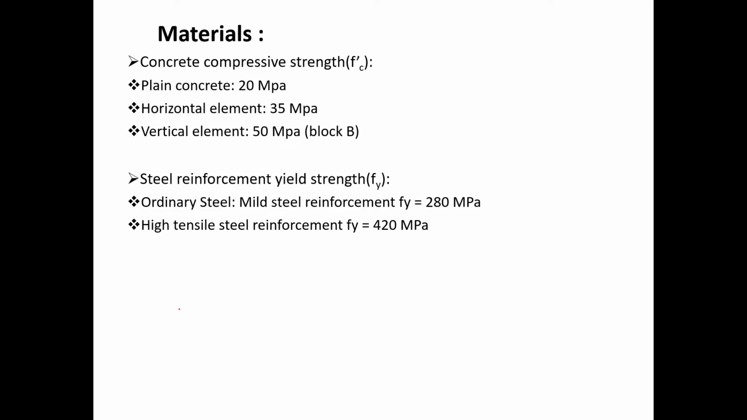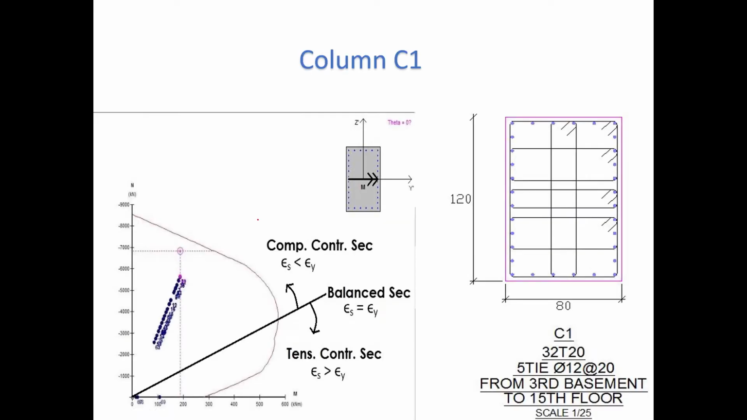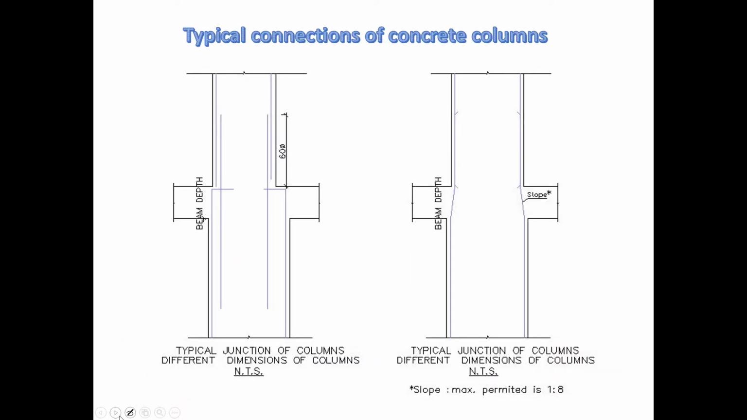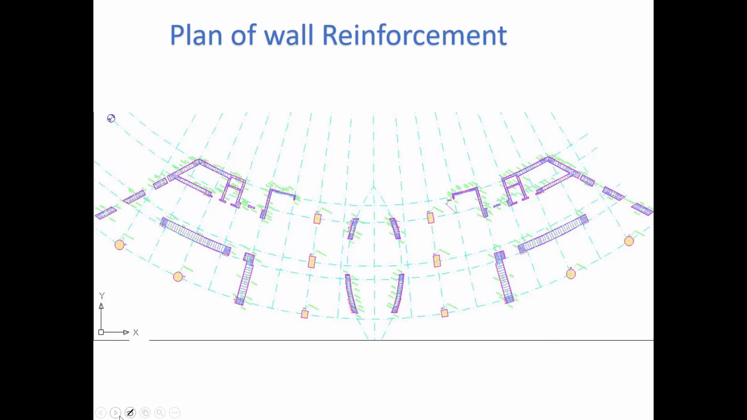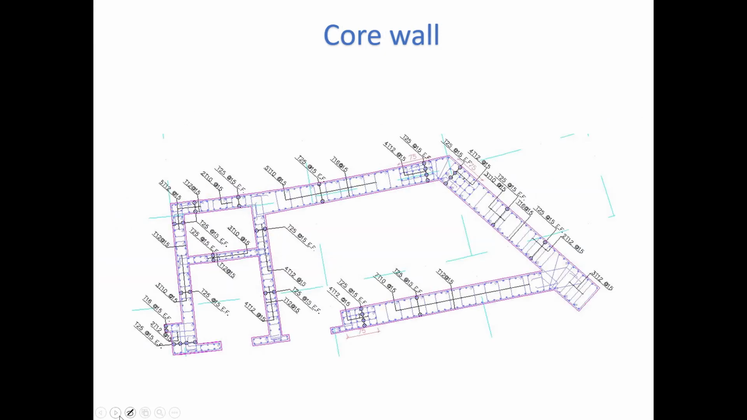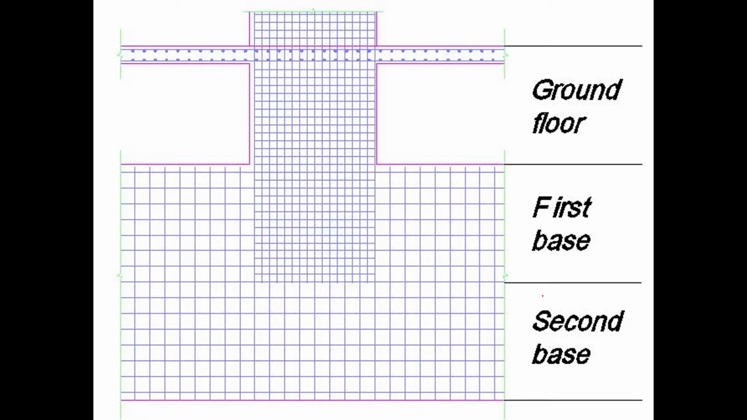We are going now to talk about the design and detailing. These are the material types also mentioned in the previous introduction. These materials were also used in the real life project. So what I'm going to explain is everything related to the real life execution of our project. Here is the design of column C1. I will show you later on where C1 is located, and these are the typical connections of concrete columns. These are the wall reinforcement, the shear wall, core wall, and here we have a ground floor, first base and